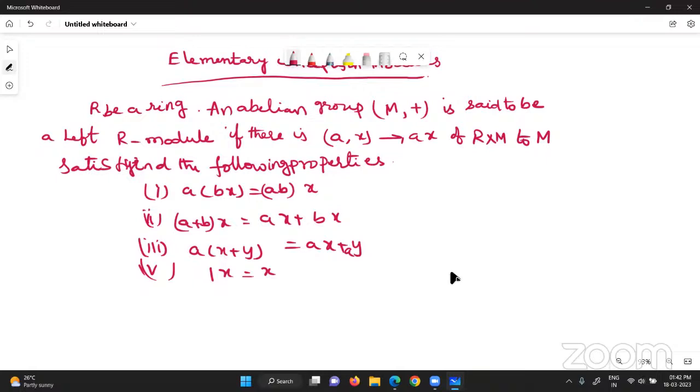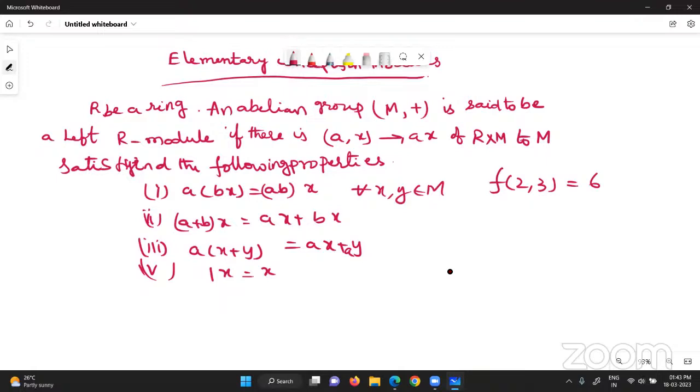R is a ring and an abelian group (M, +) is said to be a left R-module if there is a scalar multiplication, or a mapping (a, x) to ax of R × M to M, because R × M contains all the ordered pairs. Suppose you define f(2, 3) as 2 into 3, 6, like that. If there is a mapping, scalar multiplication, which satisfies for all x, y belongs to M,